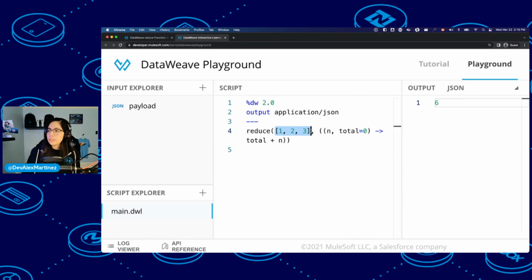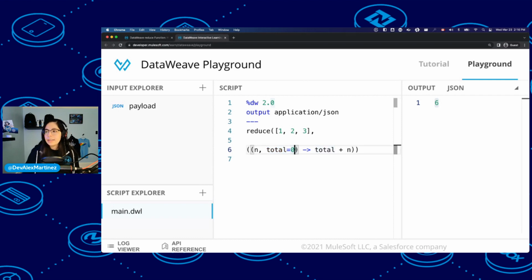So you have the input array, which is 1, 2, 3, and then you do some magic and you end up with 6. Basically what happens here is you have the lambda and the first item, which is n, the item, so 1, 2, and 3. And then my second parameter can be whatever I want. In this case, I want it to be a number, so the second parameter is going to be called total. This is kind of like an accumulator, and the first value it's going to start with is 0.